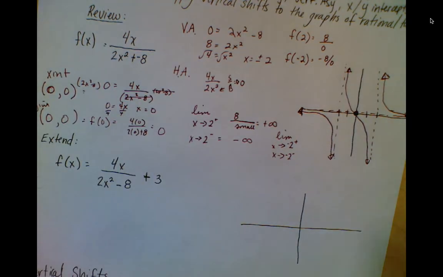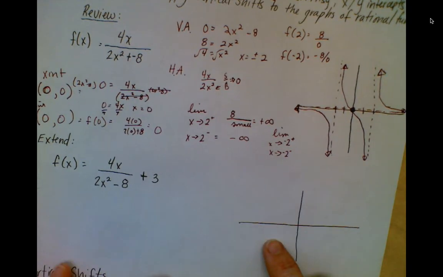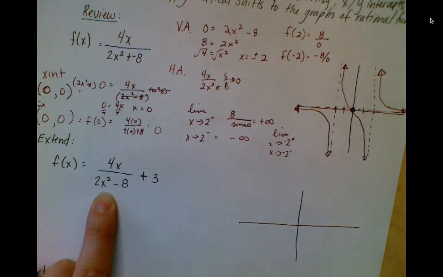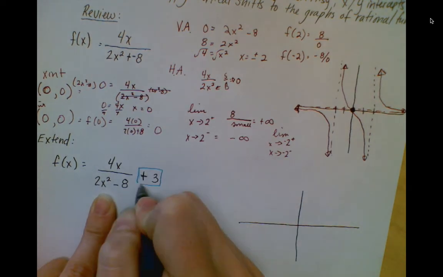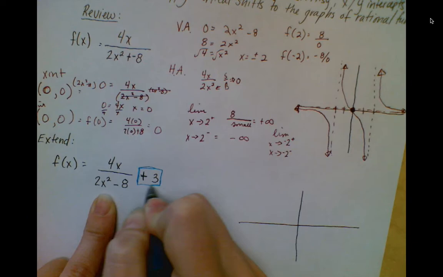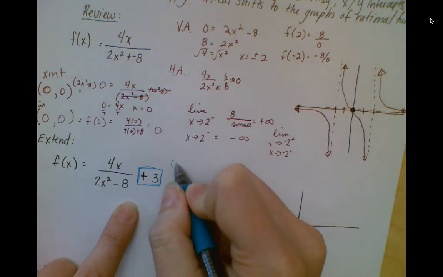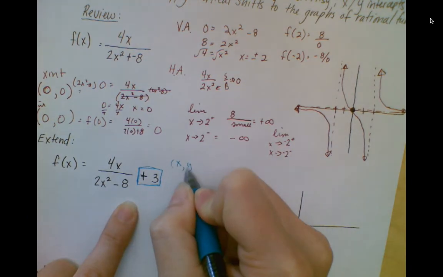So let's extend. Let's take this same function and we're going to add 3 to it. So a vertical shift means that for every x, y point we have, so if I had x, y initially, when I add 3 to it,